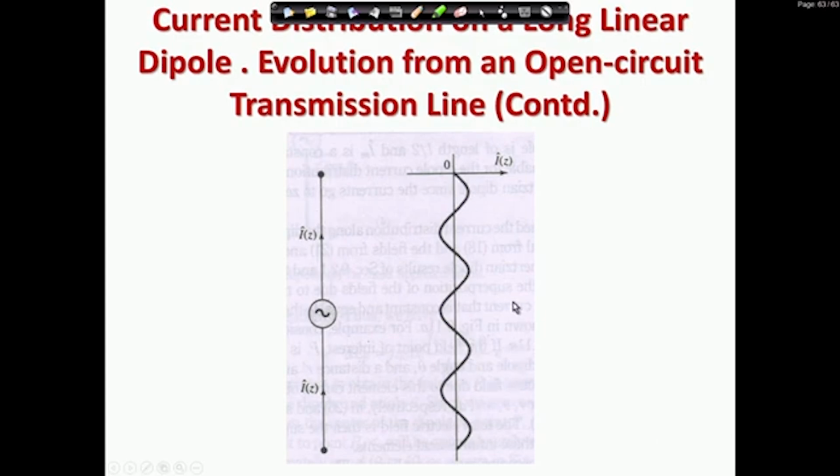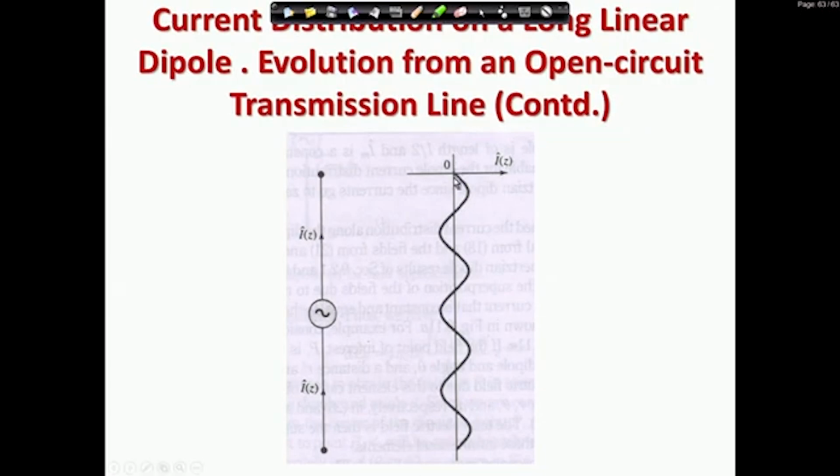And people have also measured and found that the current on a long dipole antenna is indeed something like this: at the two ends of the two poles it goes to 0, and in between there is a sinusoidal distribution. So, we can now say that we know the current distribution here, and from that we can solve. If I know the current distribution, from Maxwell's equations we have seen in the first